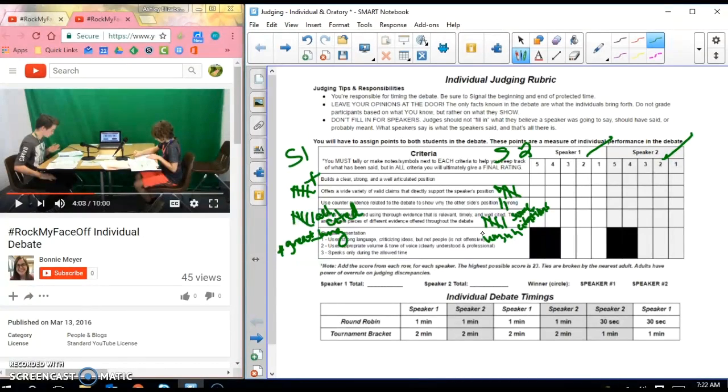Again, really what you're looking for is how are these things different? So by the time I'm finished, I would rate these things. I would make sure that I was rating them differently, even though there were probably some similarities. If I had rated this all the way through, these would be very similar. This one is going to be up here, whereas this one's only going to be here. And then in the last one, I'm going to make this one a 3 and this one a 2. So ultimately, I would tally this